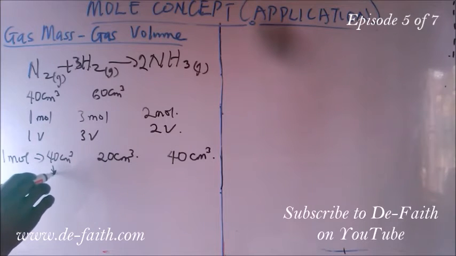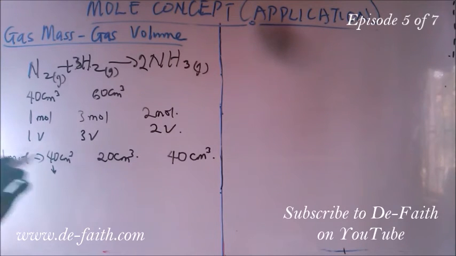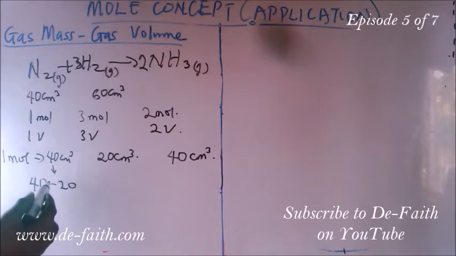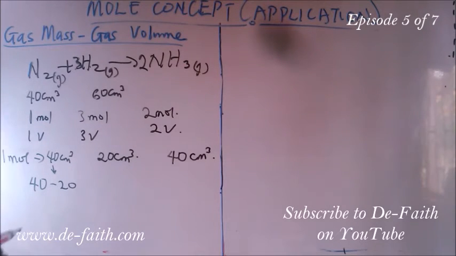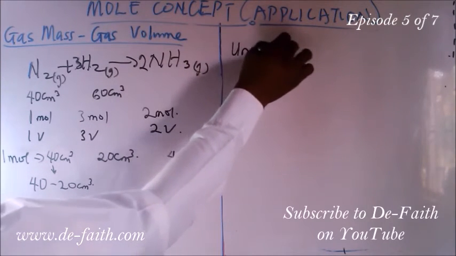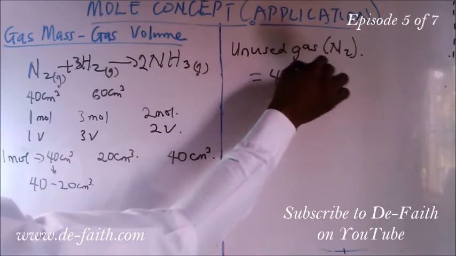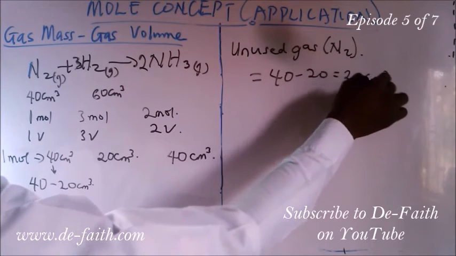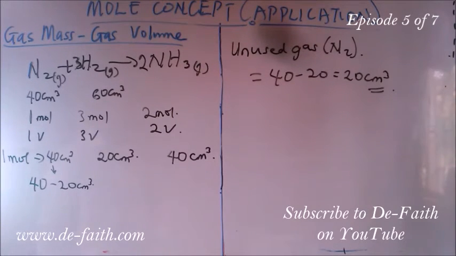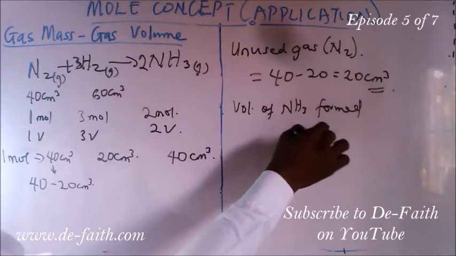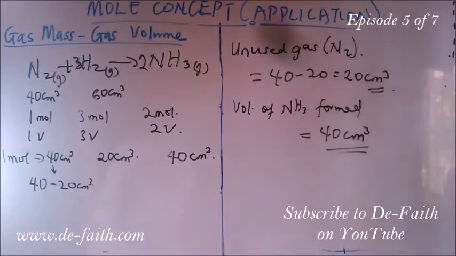Then when we consider our nitrogen gas, in which we had 40, this is too high. So what we need to do is that we will subtract 20 from 40, because they are reacting in simple ratio to one another. So out of the 40 cm cubed of nitrogen, only 20 cm cubed is going to be used. Hence, the unused gas, which is nitrogen gas, is 40 minus 20, and that is 20 cm cubed. While the volume of ammonia formed will be equal to 40 cm cubed. And so here is how